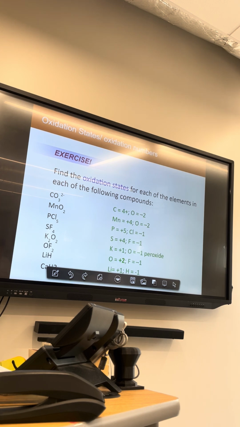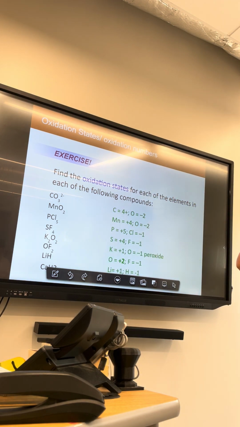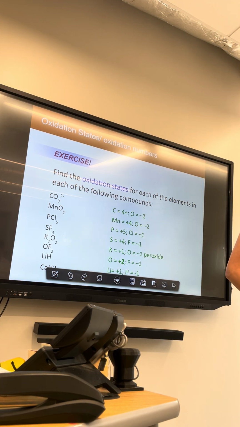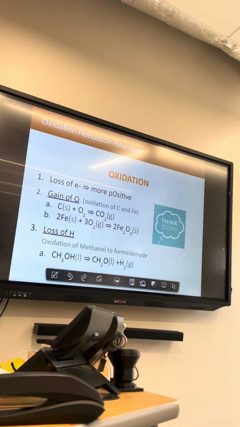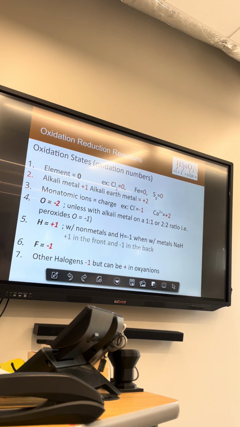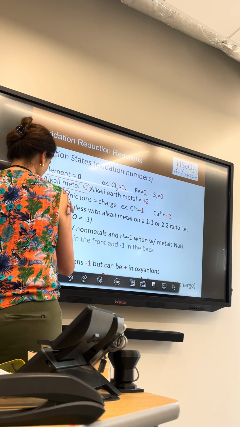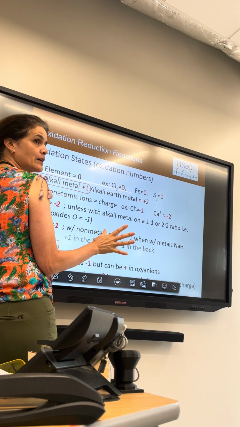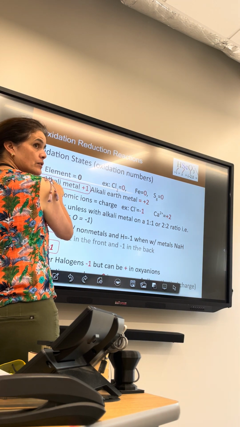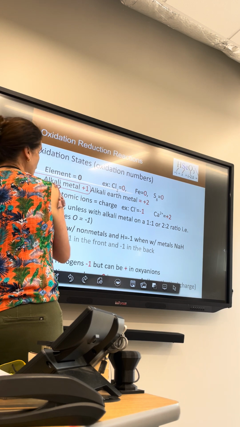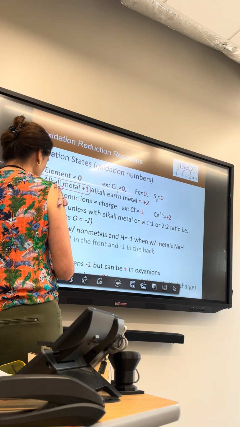I have a question. Yes. So for PCl5, how did you know that you were going to use chlorine? Because in the slide that we talked about, the order is you have to look at your alkali metals, you have to look at your fluorines, because those will make anybody else an exception, right? Then you look at your hydrogens, because they only have that exception. Next, you look at your oxygens, because they have a couple of exceptions, but that's it. They're always what they are.